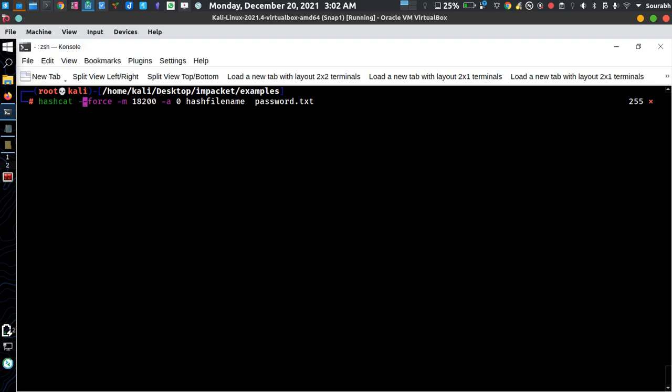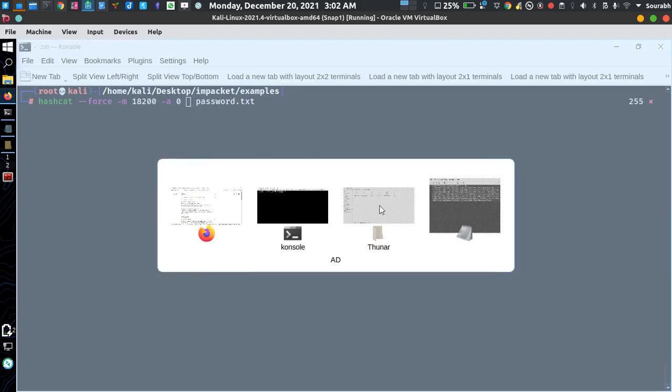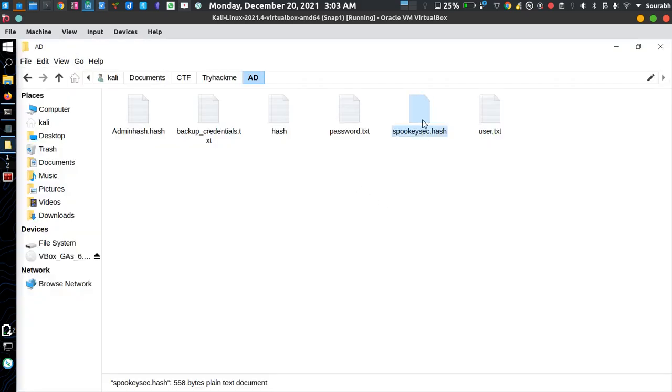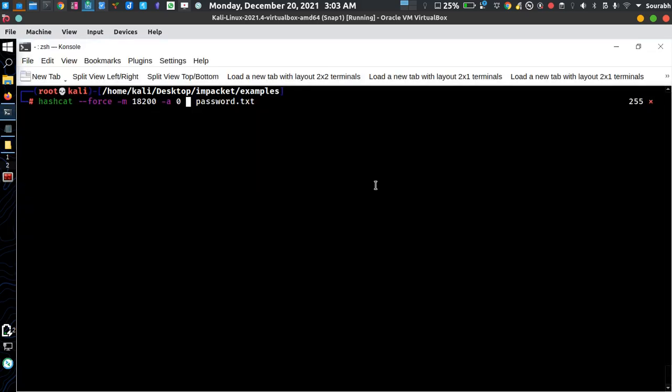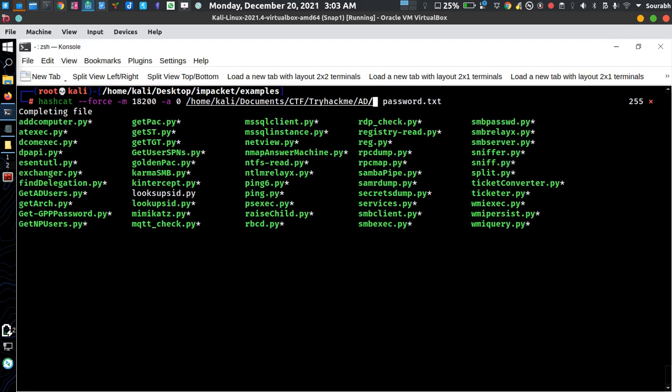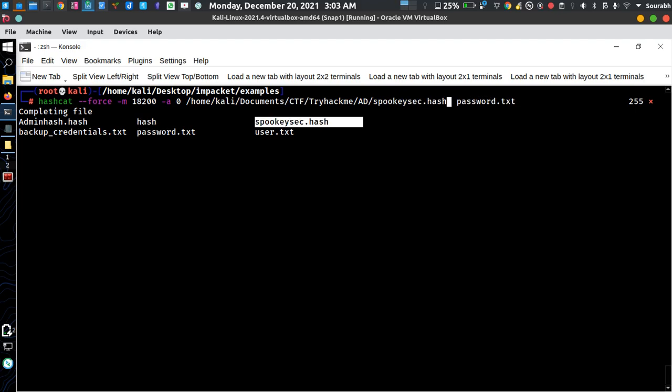What is the hash file? We have to provide the hash file first. So the hash file is this spooky.hash. Copy. No, I'm going to type the path here: home, Kali, Documents, CTF, TryHackMe, Active Directory, and spooky.hash.